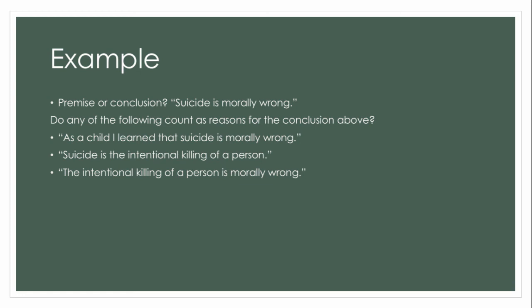The first statement is an explanation for how one has come to a particular belief. This is more of an explanation than a premise in an argument. The next 2 statements, however, could count as premises. In fact, they are tightly connected such that they would guarantee the truth of the conclusion. In other words, if the premises are true, the conclusion would necessarily be true.